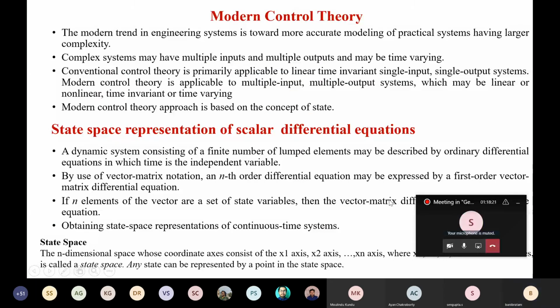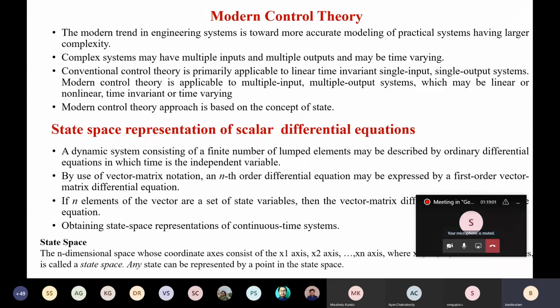Yes, sir. Okay. So we started our discussion on modern control theory concepts. We said that it is more general and can be used for any general systems of different types. In that context, the state space representation is one of the important concepts widely used to analyze these types of general systems, which can be single input single output, time varying, time invariant, multiple input multiple output, linear, non-linear, anything.